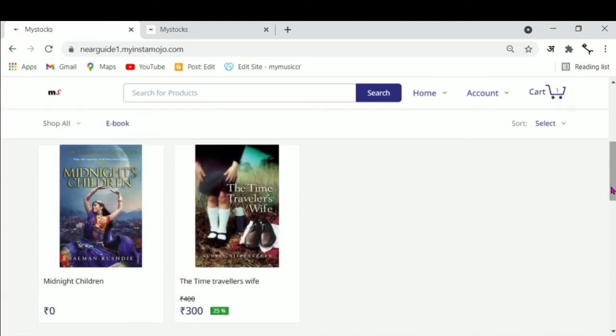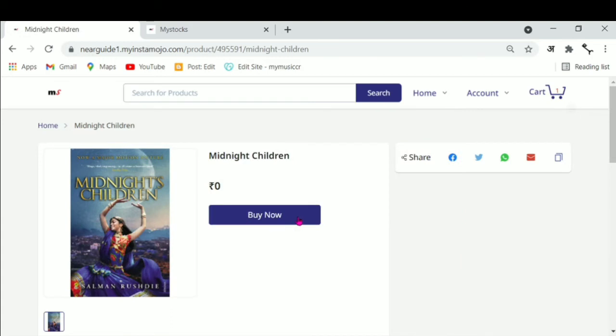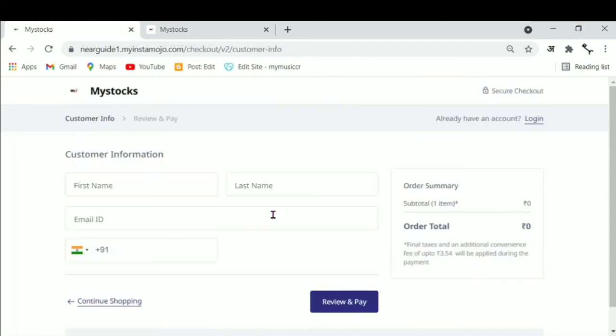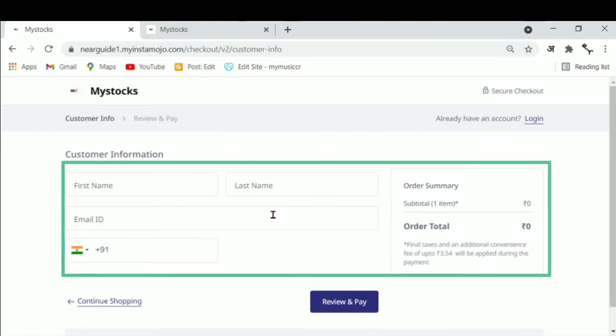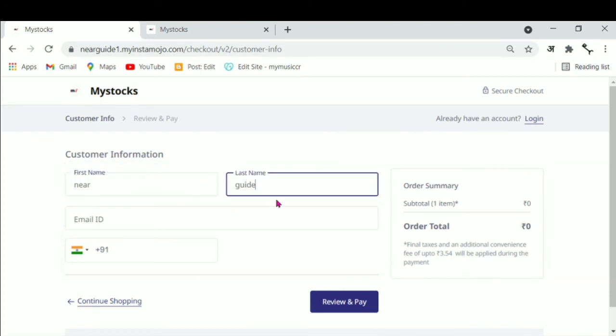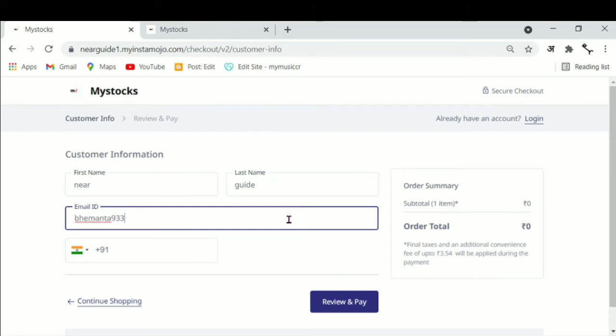I want to buy this 0 of cost books. Then click here, then click here buy now. Then add all information here, first name, last name, email ID and your mobile number.